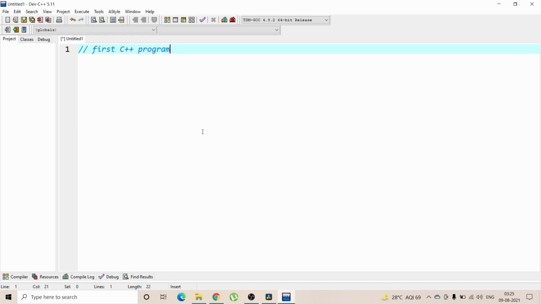We can use // at the beginning of any line for single line comment. And for multiple line comments, we can add our comments between /* and */ like this. And the second line contains